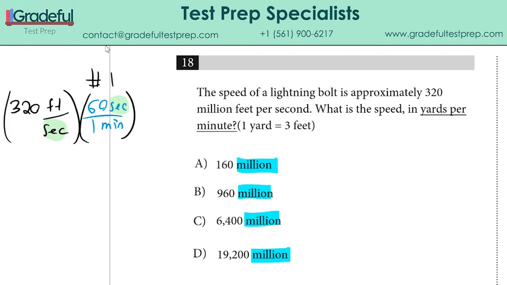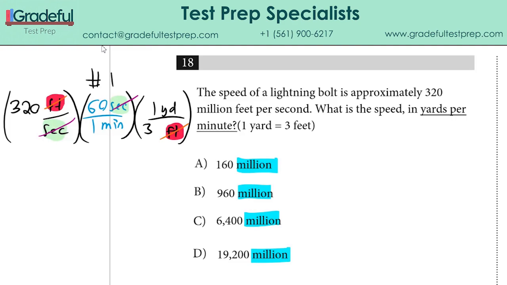And when you have a unit on the top and the bottom, they do cancel, just like a variable would. So right now, we have it in terms of feet per minute. But we need yards per minute, so let's convert the feet to yards. We have feet on the top, so it would be really useful to have feet on the bottom. So let's put feet on the bottom, and that's the idea that 1 yard is equal to 3 feet, as was told to us. And now the feet are canceling with feet, and we have